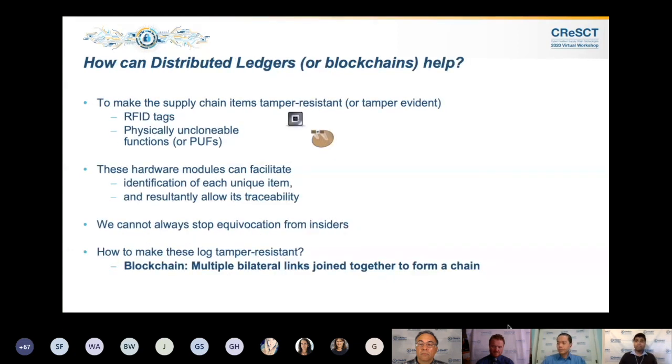We can obviously, for 10 or 20 years, we already saw RFID tags and physically unclonable functions. All such kinds of identifiers got introduced, and they are indeed really excellent tools for improving traceability. However, by themselves they do not make this process transparent across links. And that's where technologies such as distributed ledgers, or as it's more well known, blockchain, come into the picture,